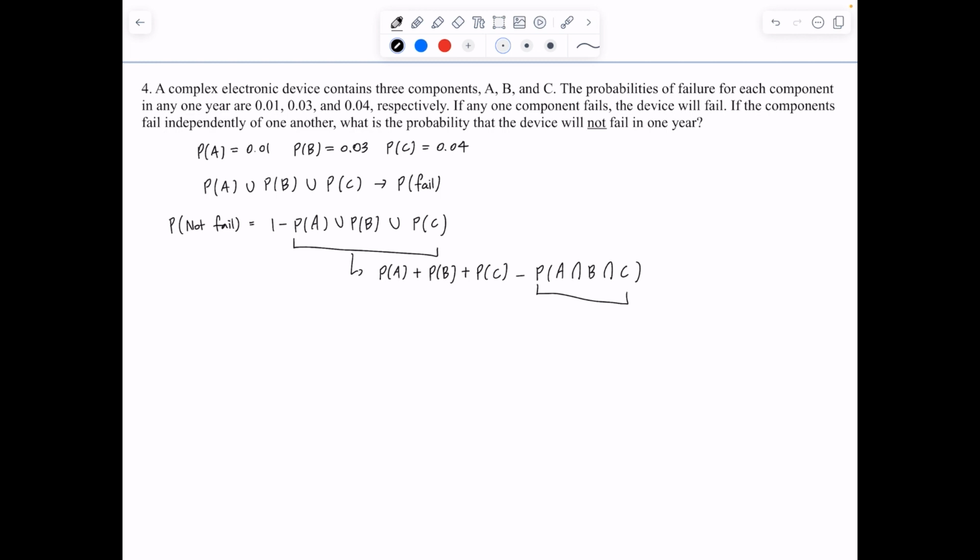They are independent events, and the problem tells us this: if the components fail independently of one another. Okay, so now we can calculate the probability of A intersection B intersection C equals probability of A times the probability of B times the probability of C, right? And so now we can rewrite the formula so that the probability of the device failing